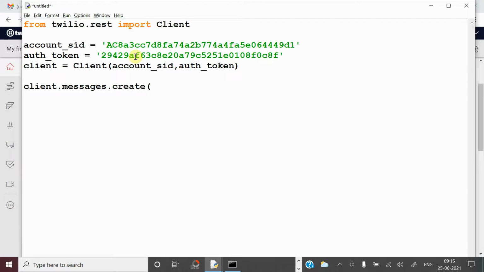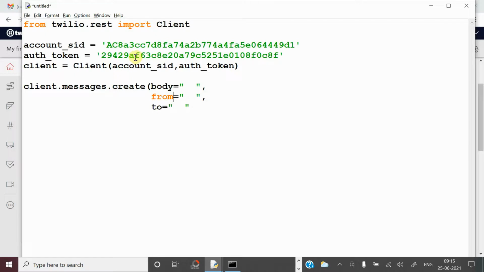Generally this function takes three parameters. The first thing is body. Body means the message you are going to send. The second is from where you are going to send the message, which means from which number. The last one is to, which means to which number you are sending.